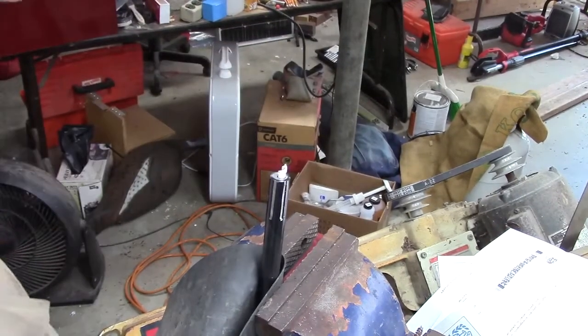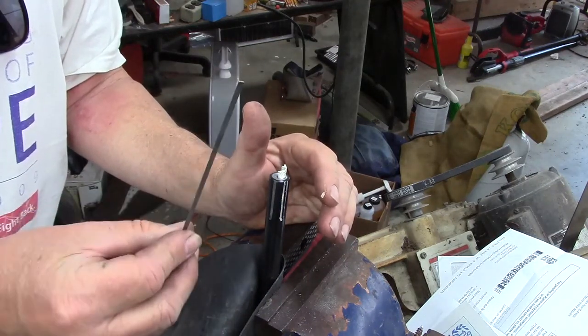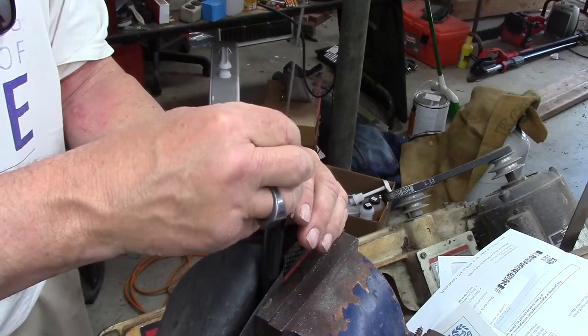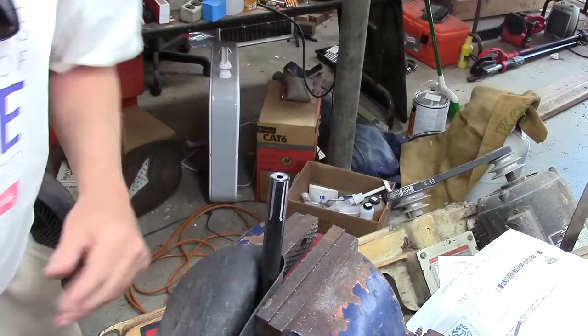This is a piece of street sweeper brush. When I'm out on my run and I find these, I like to pick them up. So I got a little collection of them, and it's good material that comes in handy for a variety of different kinds of things. Okay, so we got a little paper towel wad down in there,